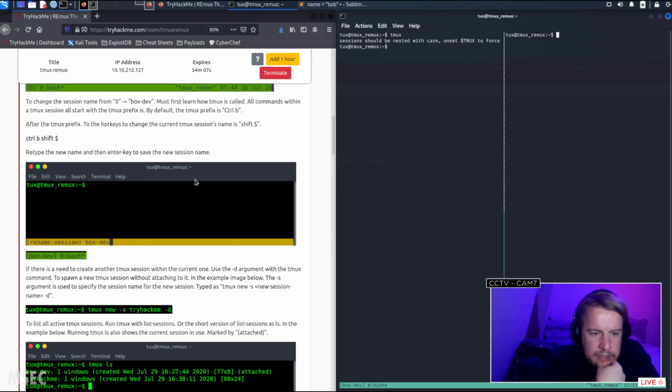If there's a need to create another Tmux session within the current one, use the -d argument with the Tmux command to spawn a new Tmux session without attaching to it. In the example image below, the S argument is used to specify the session name for the new session. So we do Tmux. Oh, how do I get rid of that? Good. Alright, so